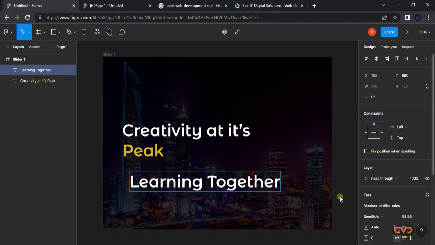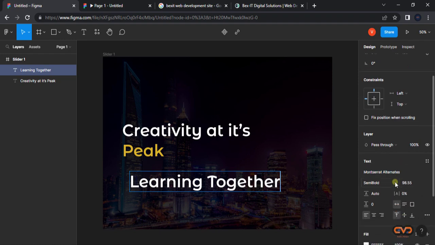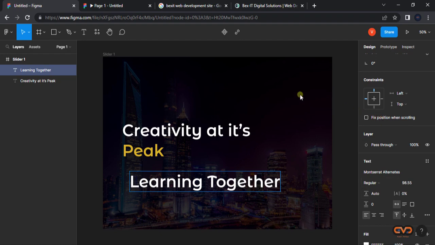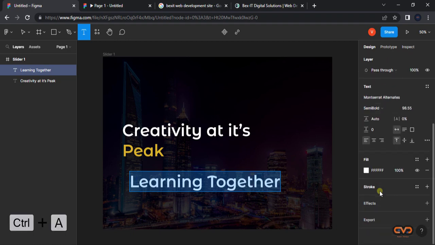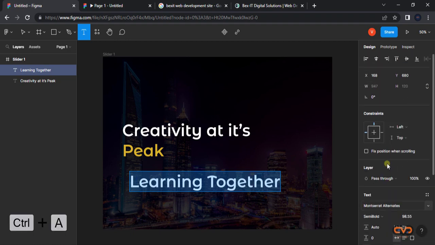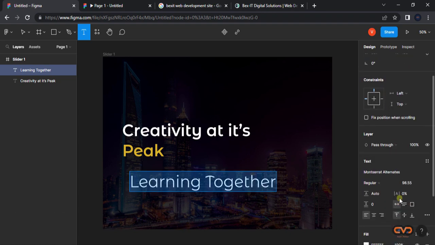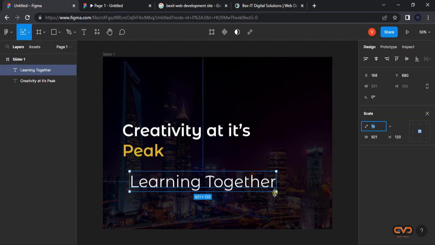All right, so now let's select this. Actually, let's use the same font family. Then let's make sure we're using regular. Okay, let me select everything again and come here. That's Ctrl A to select everything. Then let's make sure we are selecting regular. All right, then let's reduce the font size. So I'm just going to move to the scale and